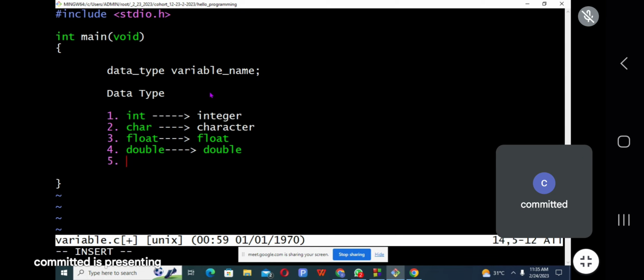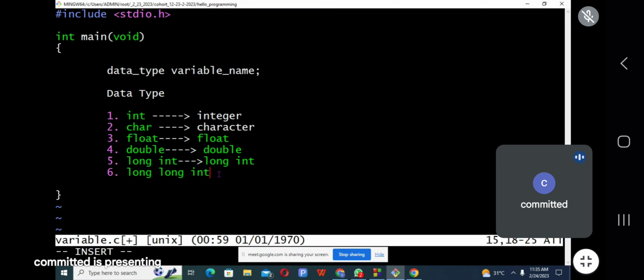Number 5, we have long int, usually known as long int. And so on and so forth.